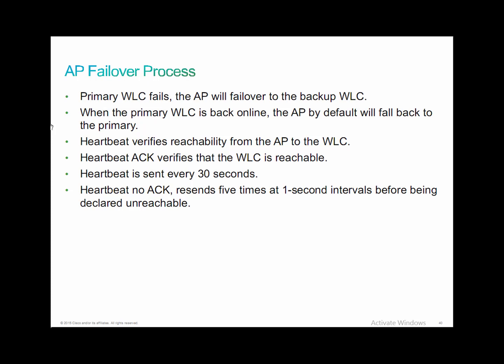When an access point declares the primary controller is unreachable because of those missed heartbeats, it'll select an available controller from the backup list. So you can statically configure that. I just showed you the screen, the primary, secondary, and tertiary. Or you can do statically assigned configurations by the controller. So you can say which controller is my primary backup controller, which controller is my secondary backup controller. If the primary, tertiary, primary backup, secondary backup controllers are unavailable,